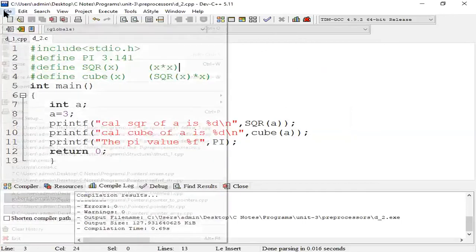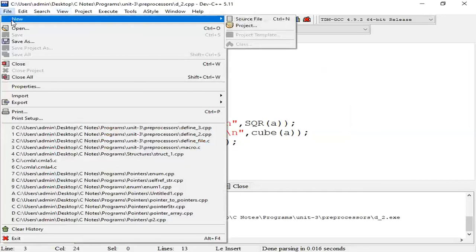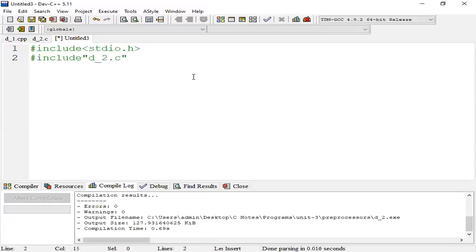Create one file. #include <stdio.h>, so that is the basic. Next, #include within double quotation marks "d2.c". That is the previously defined file.